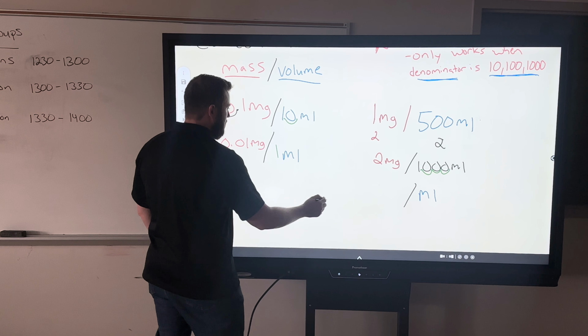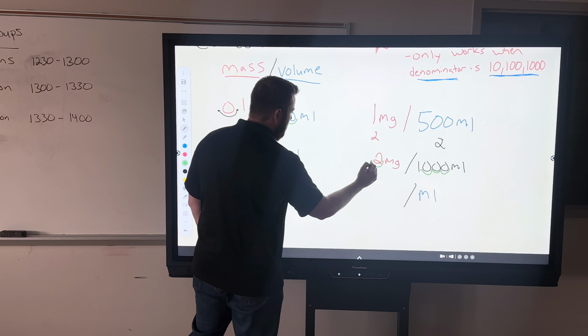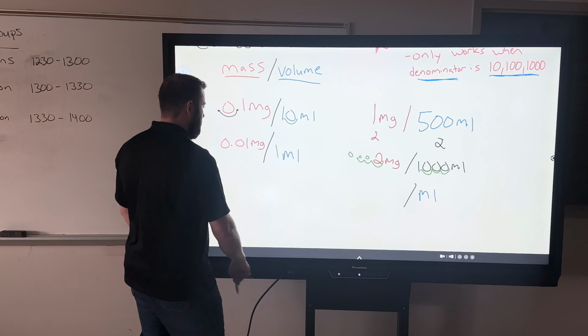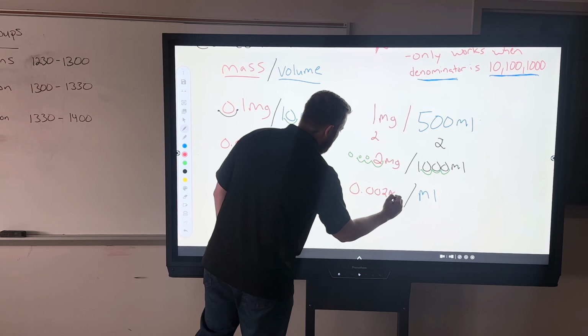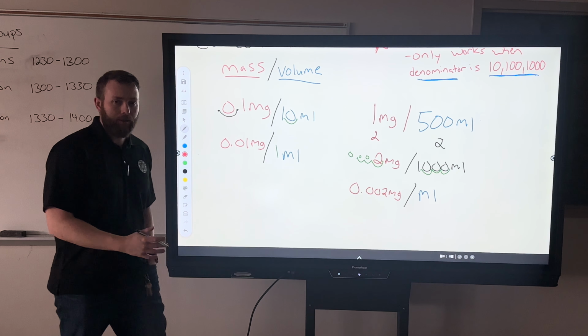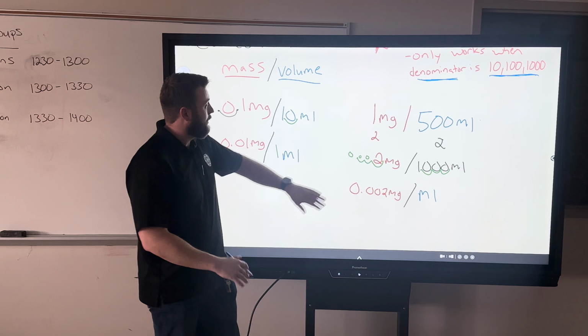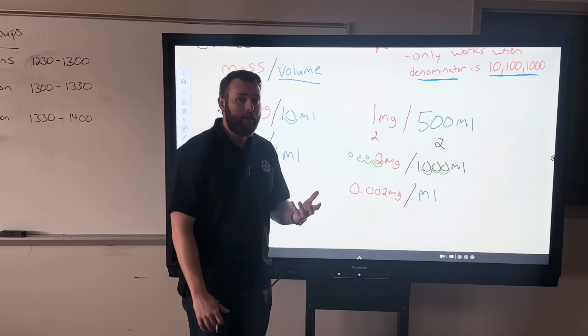And then same thing here. I'm going to move the decimal place 3 places to the left. 1, 2, 3. Fill in my zeros. And I'm going to have 0.002 milligrams per milliliter. Now, one catch to this, because this is an epinephrine infusion, my desired dose is actually